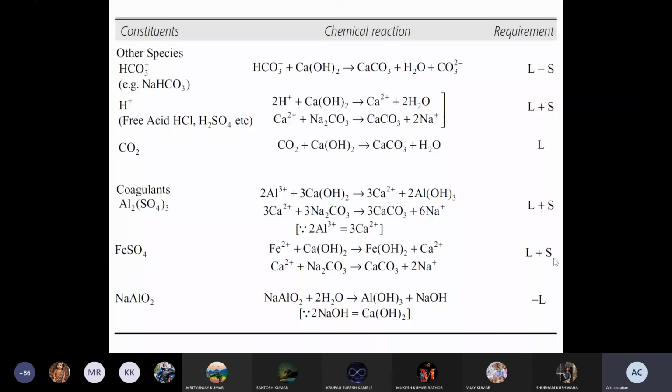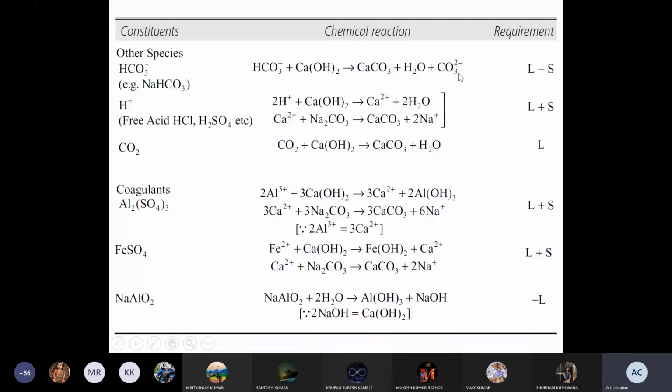So bicarbonate species are one of the causes of alkalinity. If these species are present, then they may also react with the lime and soda. They will react with calcium hydroxide or lime, and will give calcium carbonate precipitate, H2O, and carbonate,